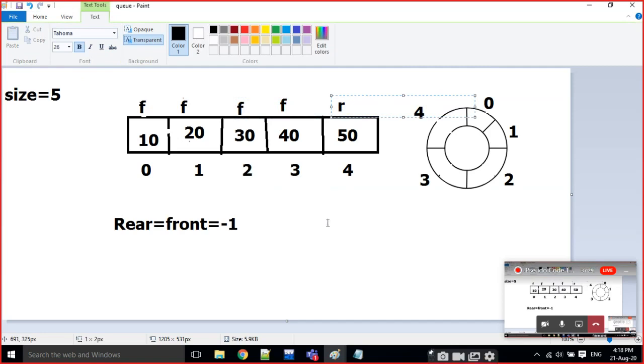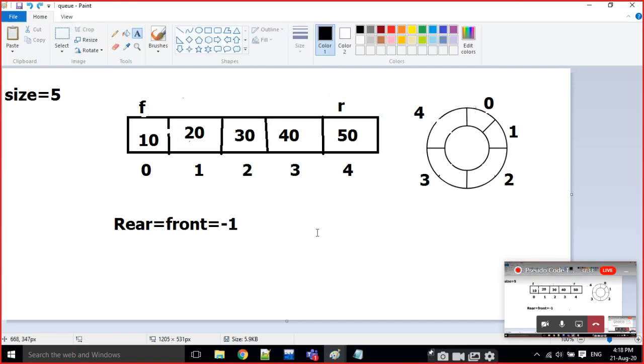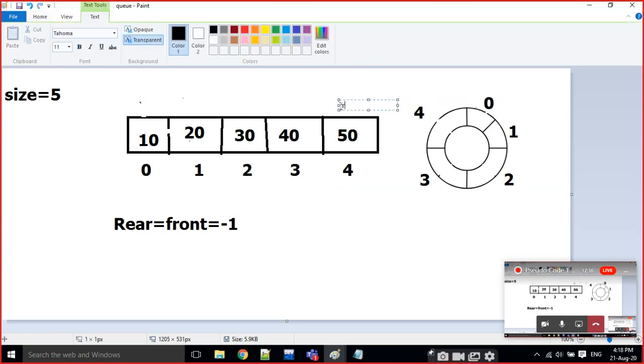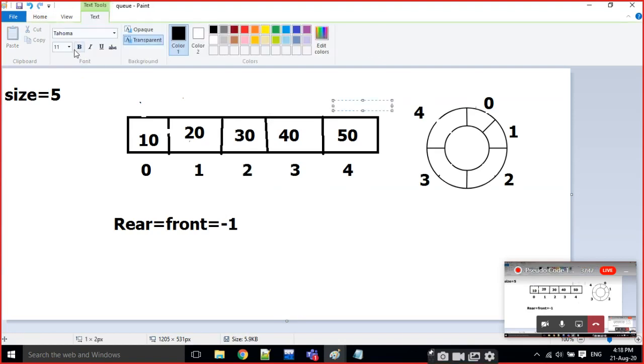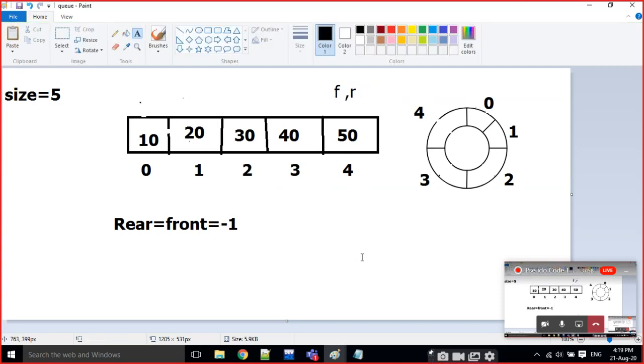If F and R are at the same position, that means the queue contains only a single value.